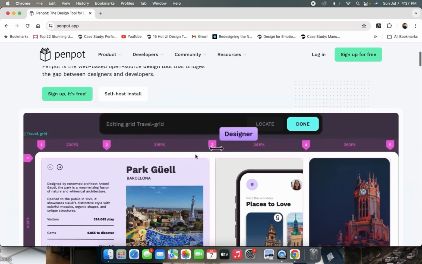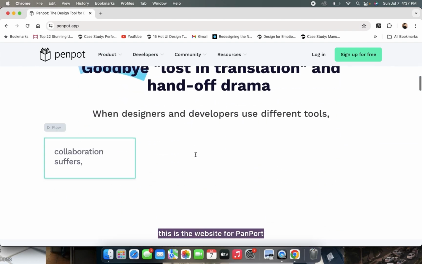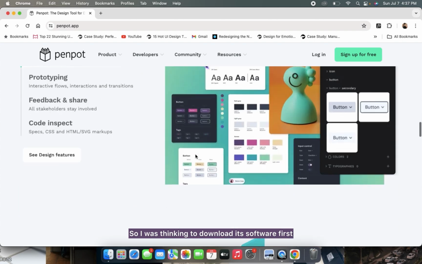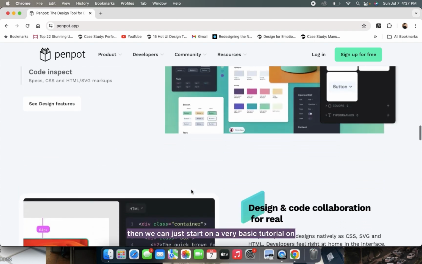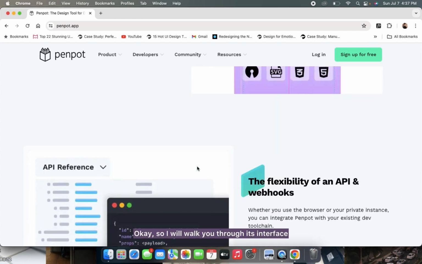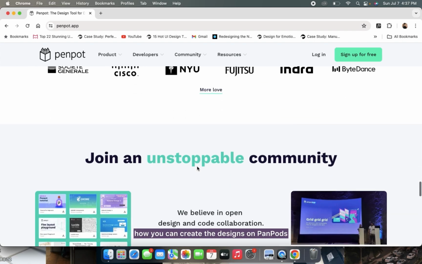As you can see, this is the website for Penpot. I was thinking to download its software first, then we can start with a very basic tutorial on how you can create a basic screen on Penpot. I will walk you through its interface, then we will look into how you can create designs on Penpot.